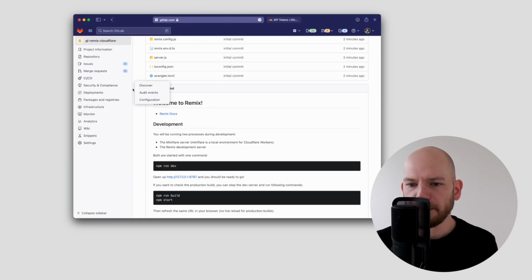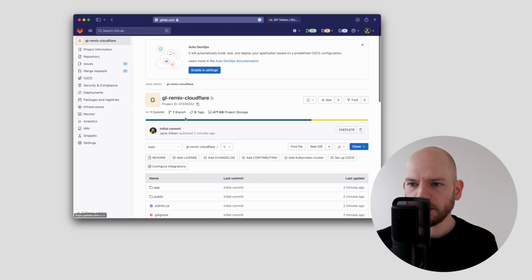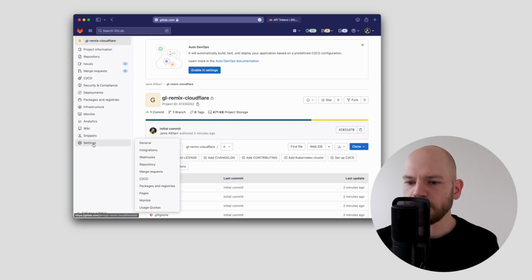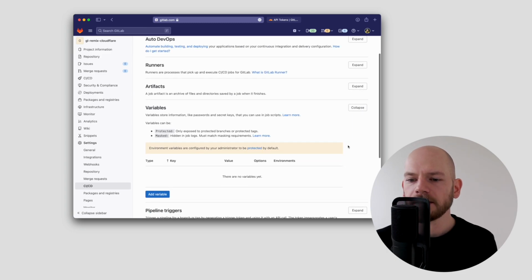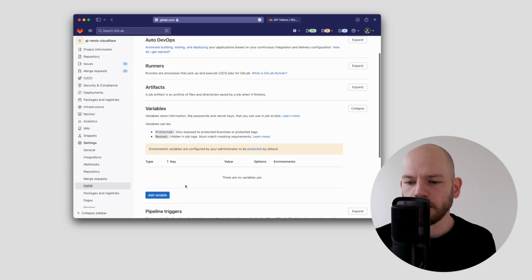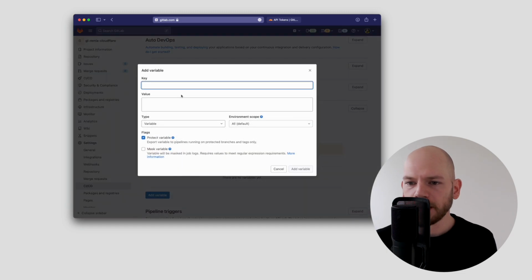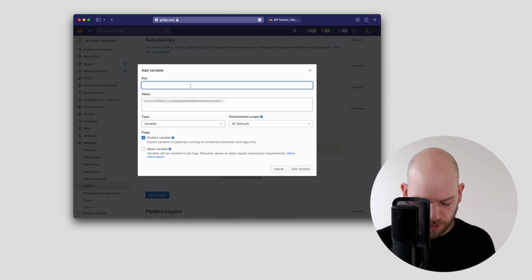All right, go back to GitLab, and I'm still inside my project. Now I can go to Settings, CI/CD, and in here we have the variables, and that is what we want to save the API token as. So click on Expand. We have no variables yet, obviously, so we're going to add a new variable. We're going to put the value here, and up here we're going to call this a Cloudflare